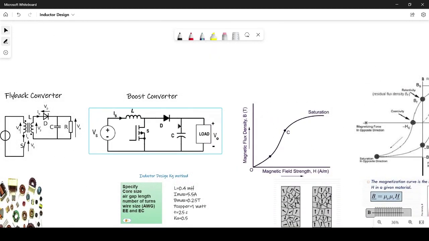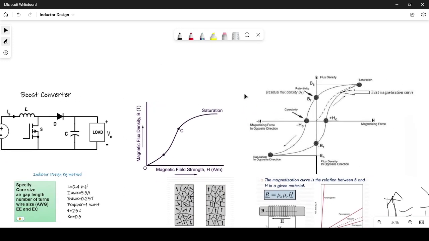This current is passing here, passing here, passing here. You can damage the whole circuitry of the boost converter. And this is an advantage for flyback converter having an isolation transformer. You can just damage this MOSFET in the primary circuit. To avoid this situation and avoid having a residual